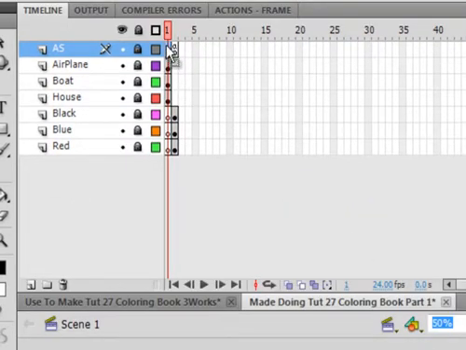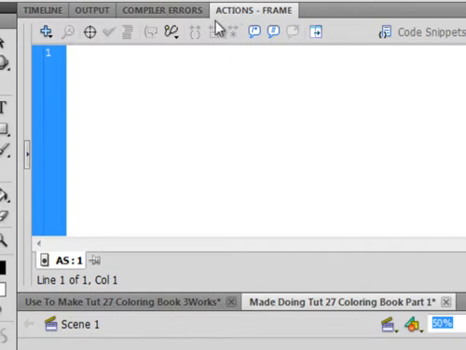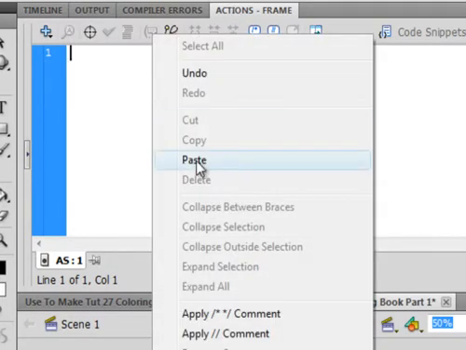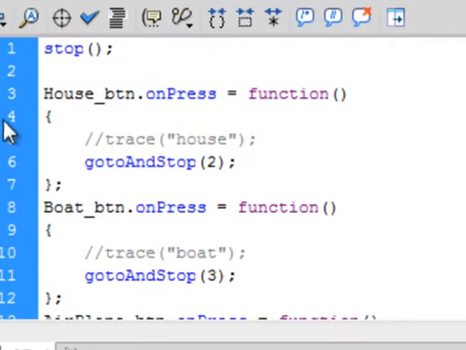Let's open frame 1 of the actions panel. There shouldn't be any code in this because there's nothing here. Open up the actions panel and type in this code. It's the code for those buttons we just made. We're starting off with a stop, open and close bracket, semicolon, so it stops on this frame. There's that house underscore BTN, period on press, small o capital P, that turns blue, equals function, open and close bracket for the parameters of the function. There's the open curly bracket for the function, the closed curly bracket for the function, and we're going to put in here 2 things: trace, T-R-A-C-E, open bracket, quotation, house, close quotation, close bracket, semicolon, just to make sure our